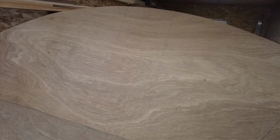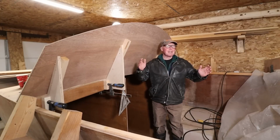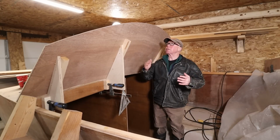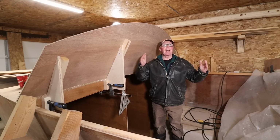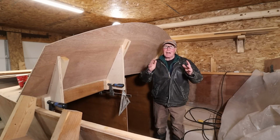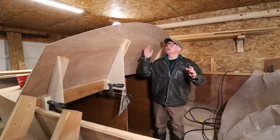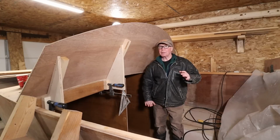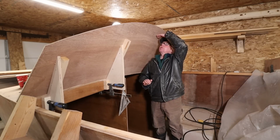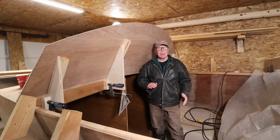I'll go on the inside and let you see what the height looks like. So I'm standing in here to give you some sort of feeling for the scale of what we have. And some of you are probably saying, hey, look at that, you've got full headroom. And it's not exactly the case. I'm about 5'7", more or less, and the floor hasn't been put in the boat yet, so there'll be a good 6 inches, and then that will probably put me just, I'll be stooping just a little bit in here,